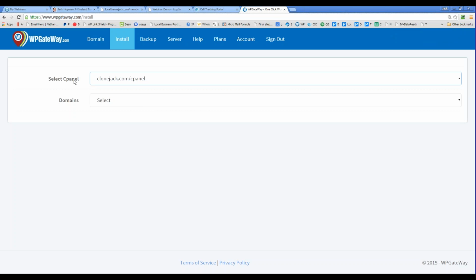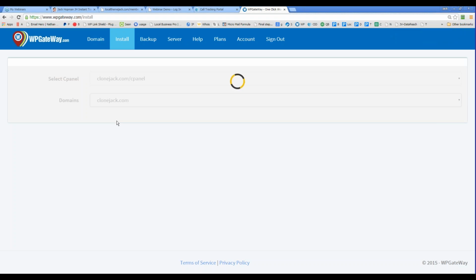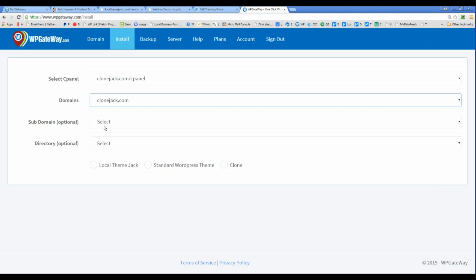Then it looks in the cPanel which domains are available. Most times you just want to put it on the main domain. Now you see an option coming up: clone. You guys see this? So you click on clone,